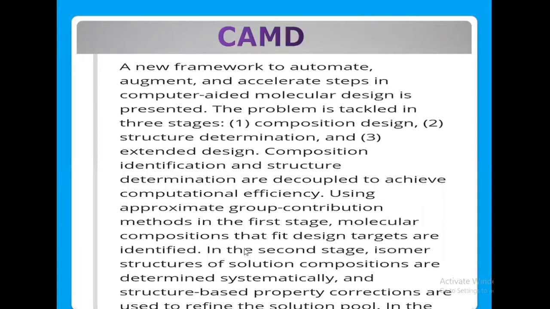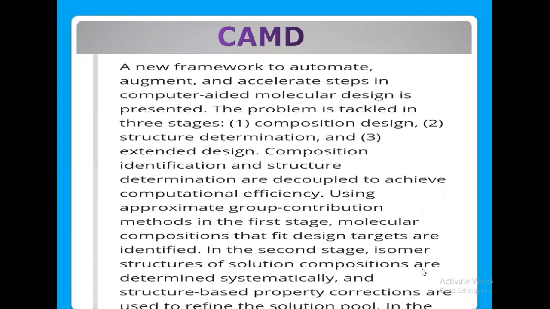Using approximate group contribution methods in the first stage, the molecular compositions that fit design targets are identified first. In the second stage, isomer structures of solution compositions are determined systematically, and structure-based property corrections are done.